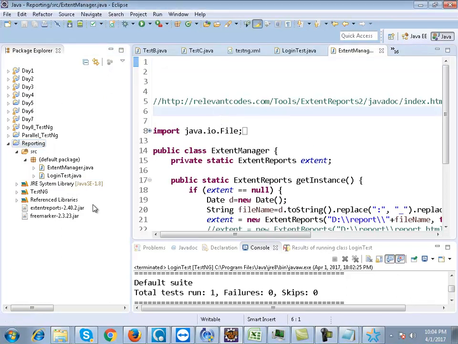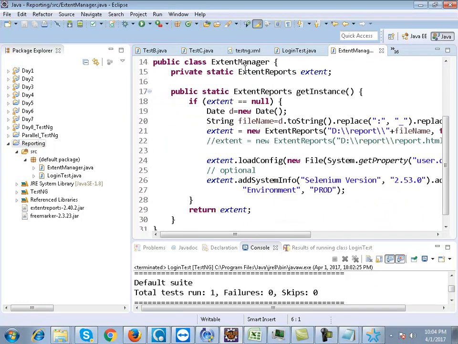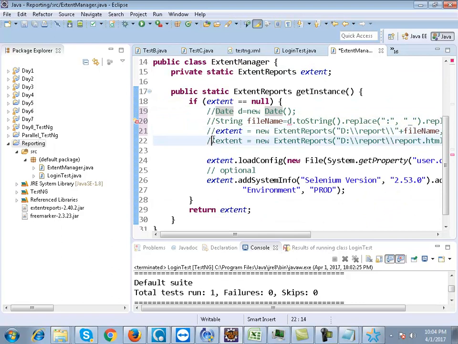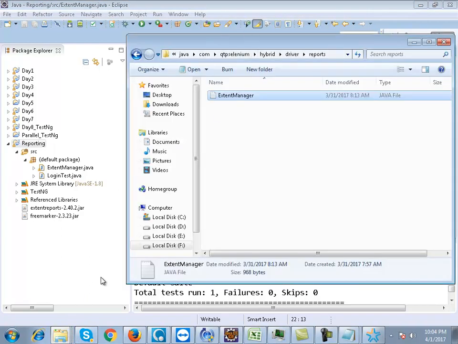So you add these jars, all the reports will be gone. Now this is the file extent manager. It's really easy to understand this concept. Okay, right. So what we do is that, hold on,